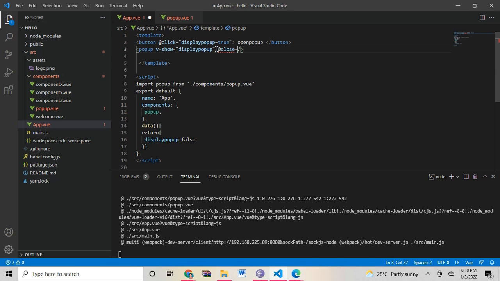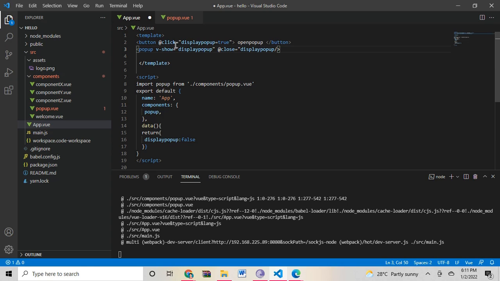So at close, this is our custom event. The initial value of display pop-up is false. If you click this button, it will display the pop-up box. Again, if you click that close button, then the pop-up box will be closed. This is the concept here.